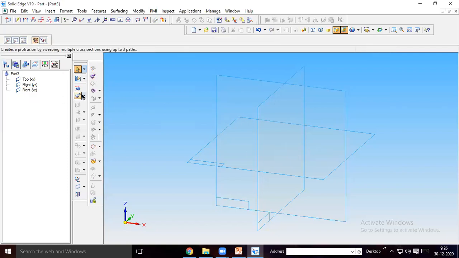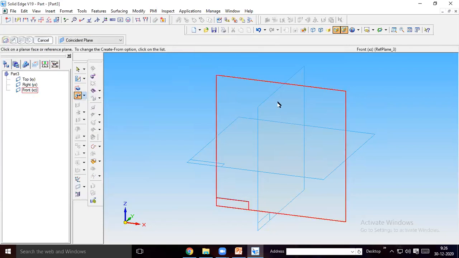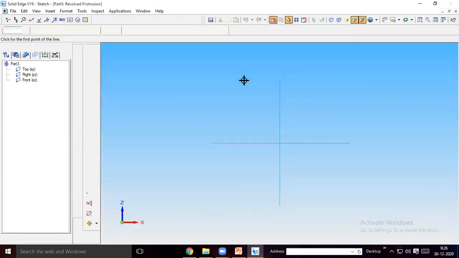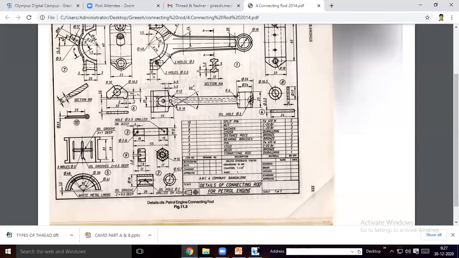See, I will show one more easy way. With revolved protrusion, you select one particular plane. So then it is 2.5 mm apart.